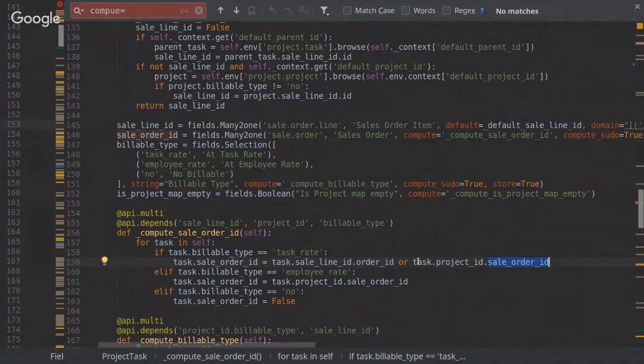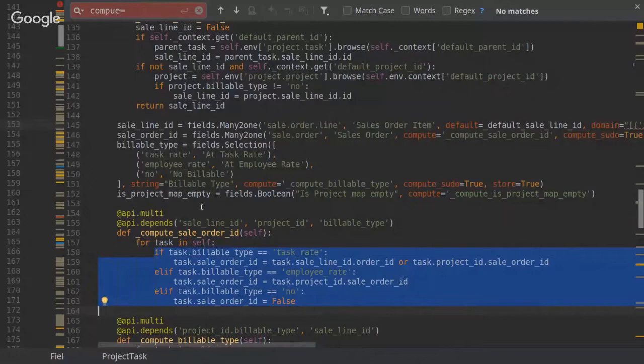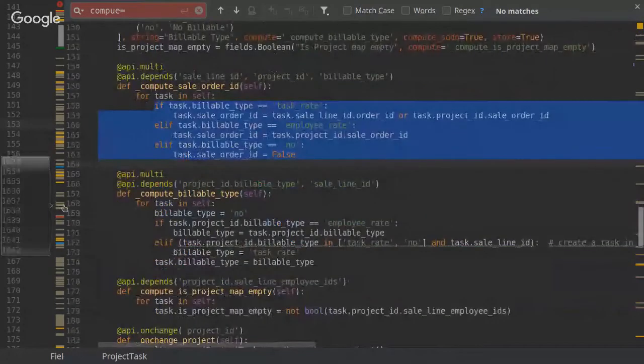So you have the project. For the task, you will try to find the parent project for this task and get its sale order ID. So whenever you try to access its value, it will come here, trigger this method and compute its value. And how do you set the value? Just like that: task.saleOrderID equals whatever you want, and based on some conditions it can have different values. This is a little bit complicated, but we will get